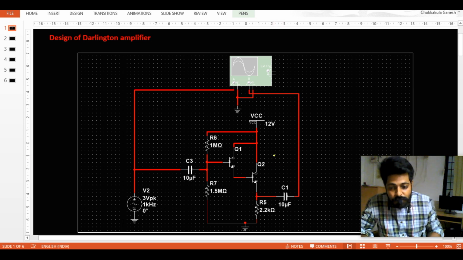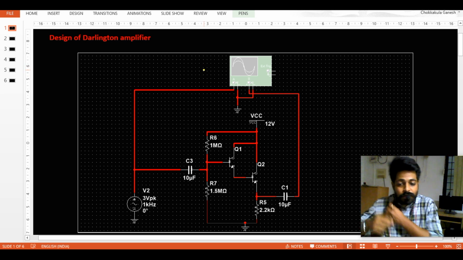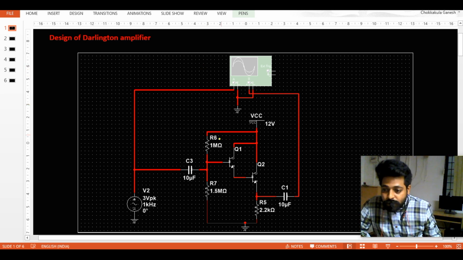So let us simulate a Darlington amplifier. The design of the Darlington amplifier will be similar to the common collector amplifier, which we have done